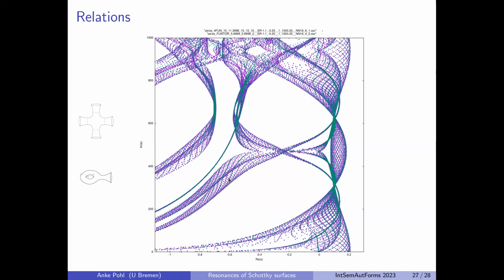And you see, it seems that the one structure sees the other. It's not 100% on the nose, but you see that there are substructures which belong to each other. We did not prove anything about that. It's just an observation at the moment, but there's definitely some information to gain out of that.